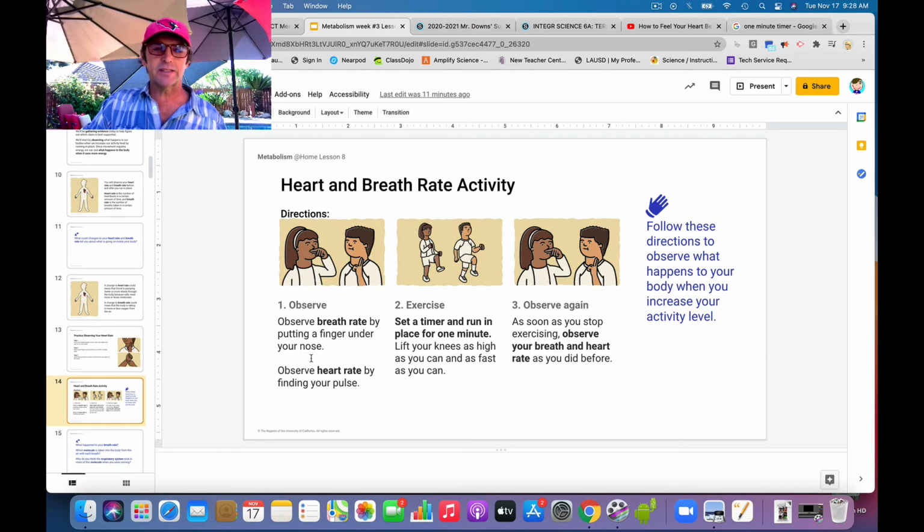So now let's do our breath rate. Breath rate's a little trickier, to be honest with you, because you can slow that down. You can't really control your heart rate. If you're holding your breath, your heart's going to keep beating. It will change, but you can't stop it. Breathing is a little different because you can hold your breath, you can breathe fast, but naturally just kind of breathe.